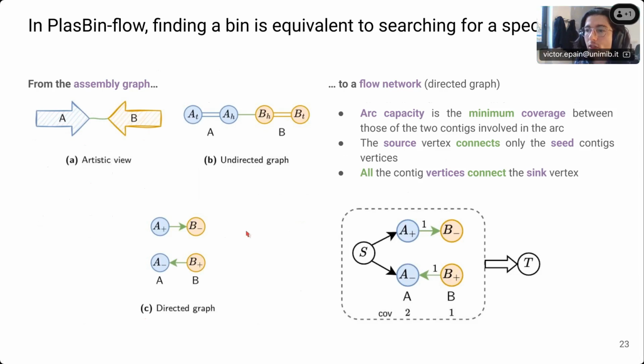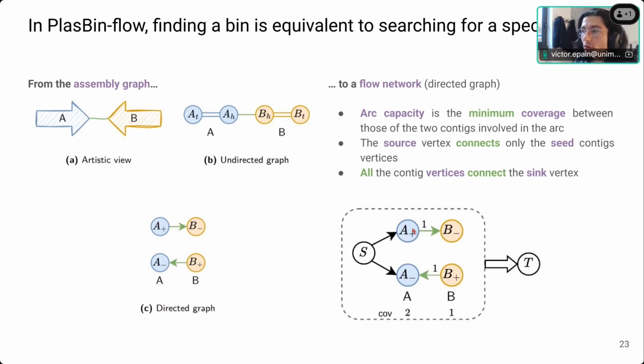So I will use the graph illustrated in C, which is really explicit because we duplicate according to the orientations, and we obtain directly arcs, which are directed edges. And so we can transform this graph directly to a network flow.